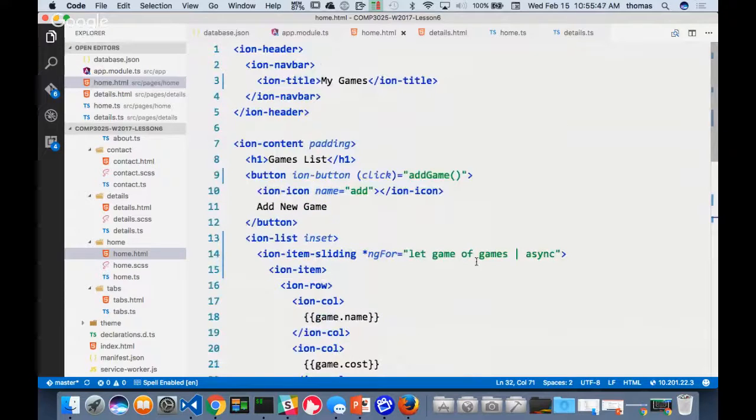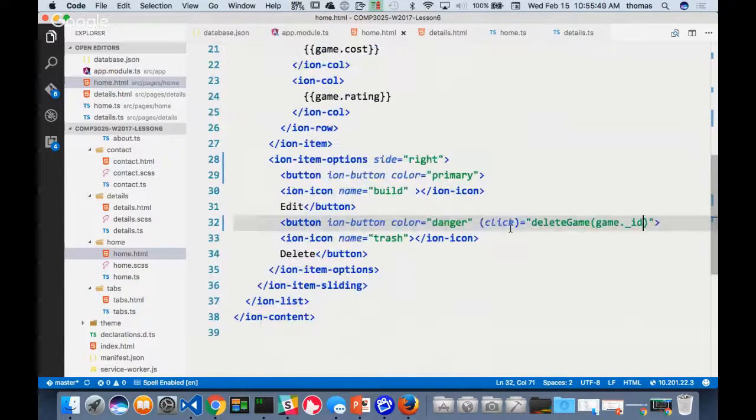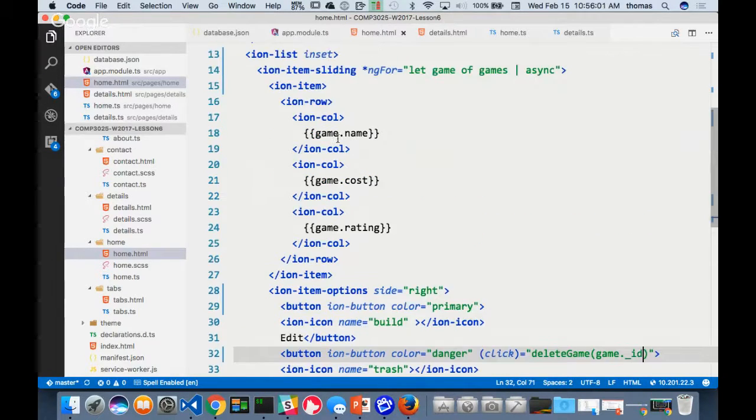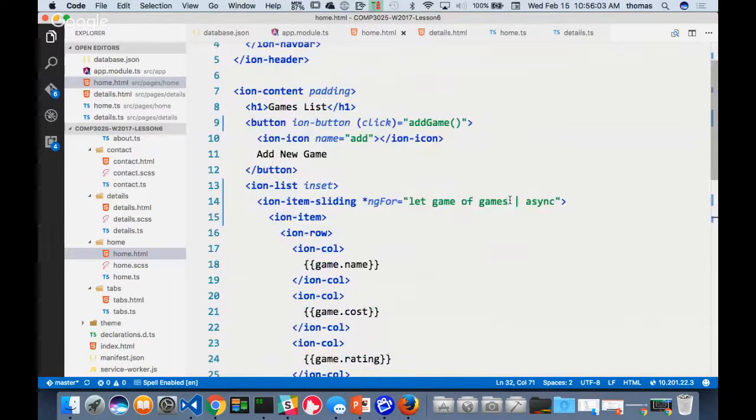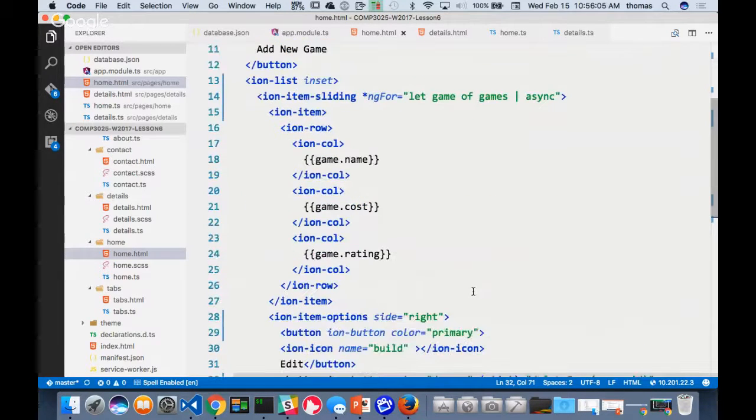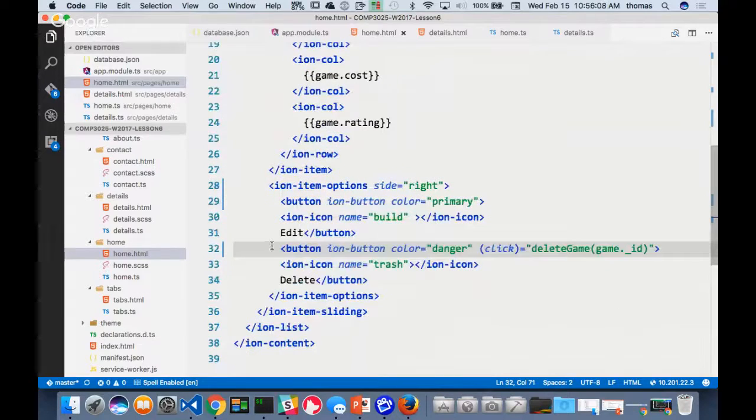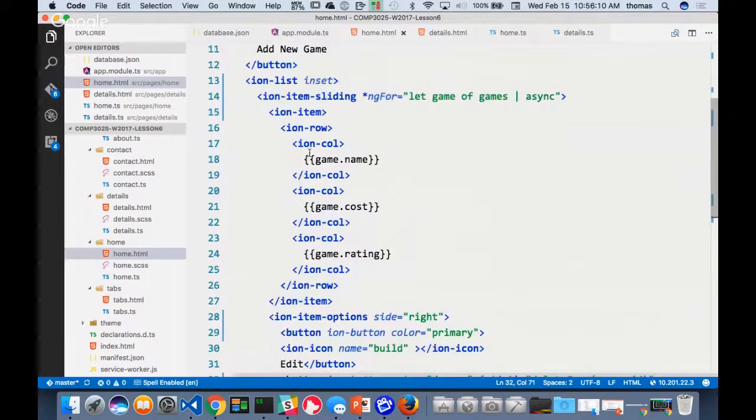in my games of game, this doesn't have, it doesn't translate here into my options, right? Because there wouldn't be any game. It would be every game, right, that I'd be deleting. So what I want to do is whatever this row is, that game of games, I want to be able to access this thing, and because it's inside my item sliding, it should give me